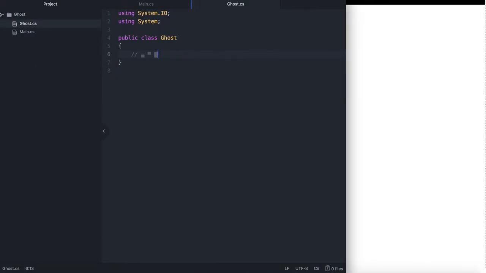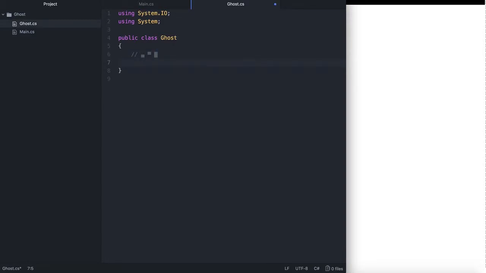Okay, so let's see what we need to do. This video is about how to create and plot ghosts. So we need an instance of the ghost, and we would like to plot it. Within the ghost class, I'm going to create a plot function. So that's what we want to do first. Let's go to the ghost